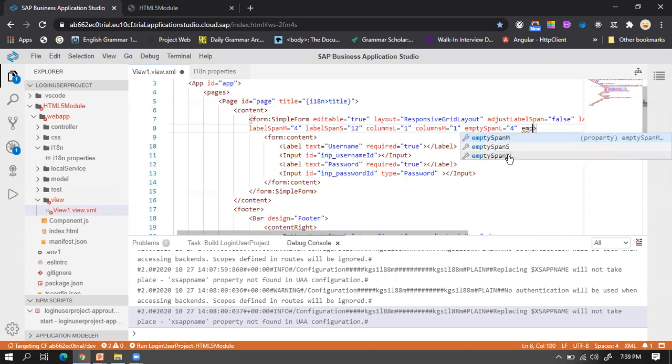Same for medium screens, like tablets and all, I want it as 4. As I'm running this application on a laptop, it's a large screen, so that's why I kept the large 4, and in medium, that is M4. I don't want this space on mobile, so that's why I've not kept it.